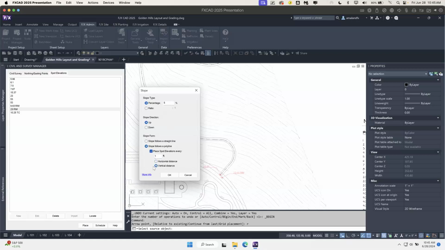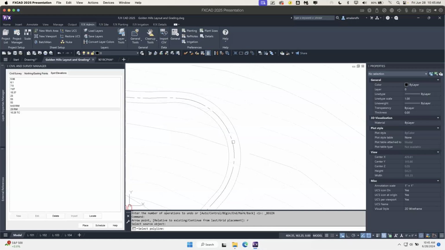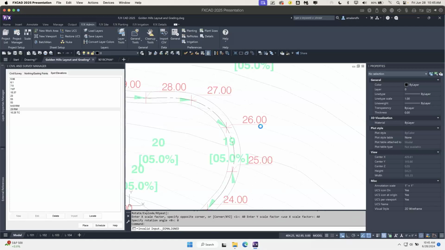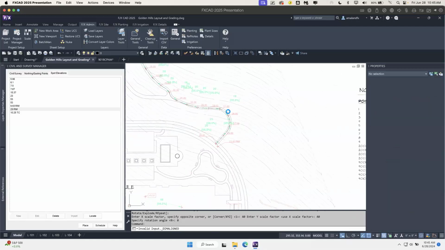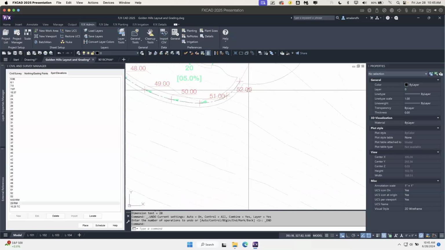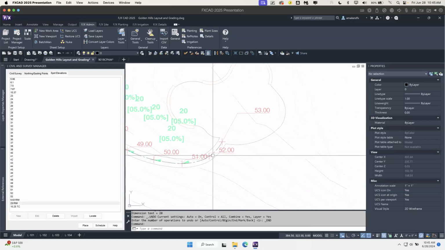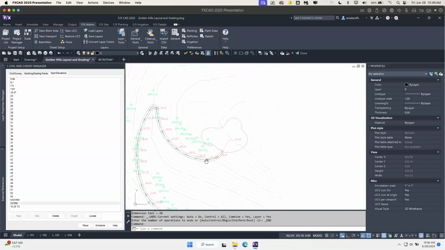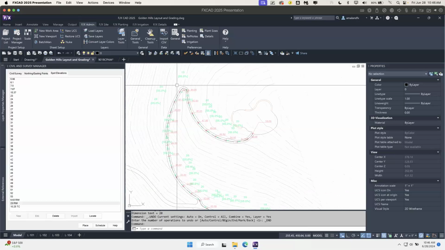Of course, I'm going to do that by vertical distance. You can, of course, do that with horizontal distance and do maybe every 20 feet, putting what the actual spot elevation is along there. In this case, I'm going to use it for figuring out interpolation. I'm going to select this polyline and it is going to go all the way along. So that's actually pretty close. We kind of nailed it at 5%, and that has figured out where all of those contour lines are going to cross, and we can start creating